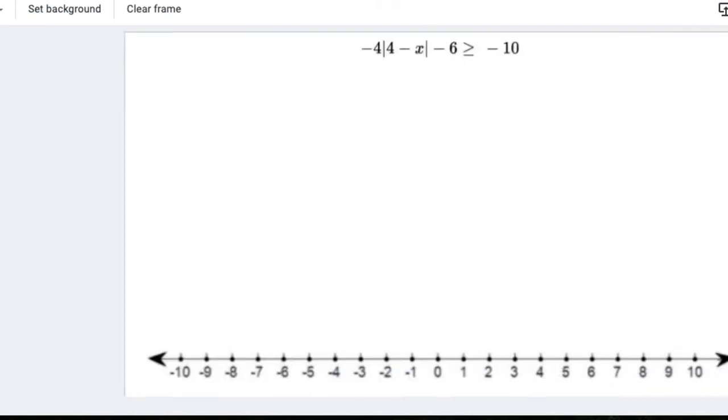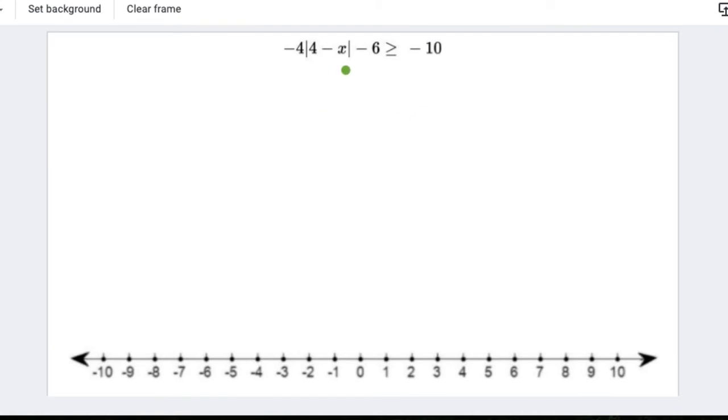Okay, one more, probably a little more complicated. Again, a lot of negatives, a lot of things happening here. It will be okay. Again, absolute value sign is a grouping symbol. And when we got a negative 4, it's okay. We got a negative x on the inside as well. Just remember when you divide by a negative that you flip the inequality sign if you do that. So